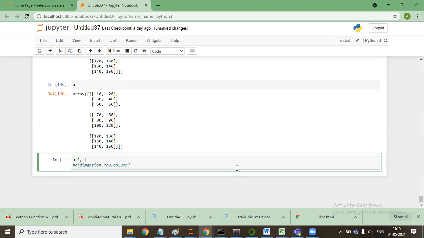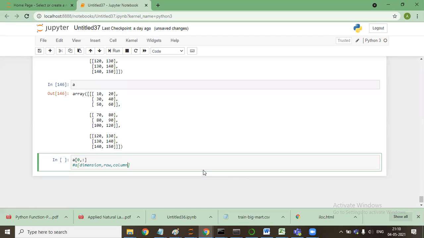So the dimension will be used for changing the channel of the color. Like we have to switch between red, green, or blue, and then we can access the color. Yeah, you're right.